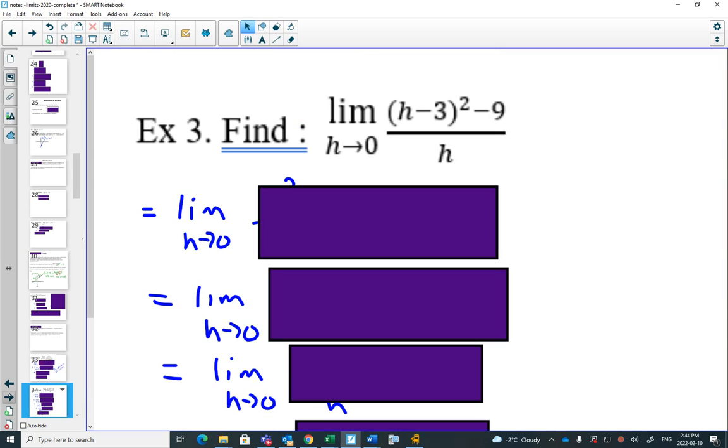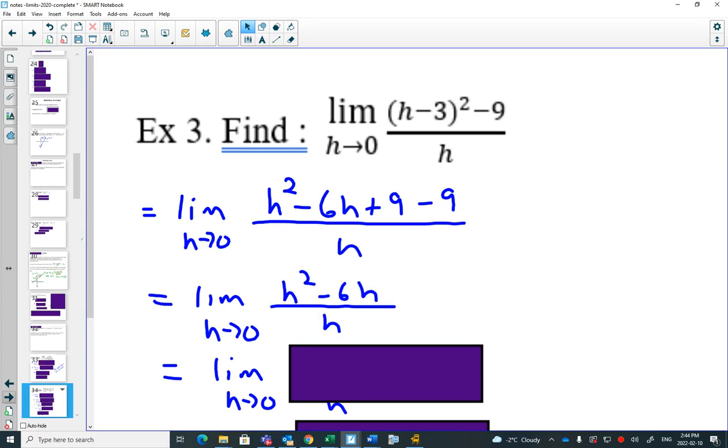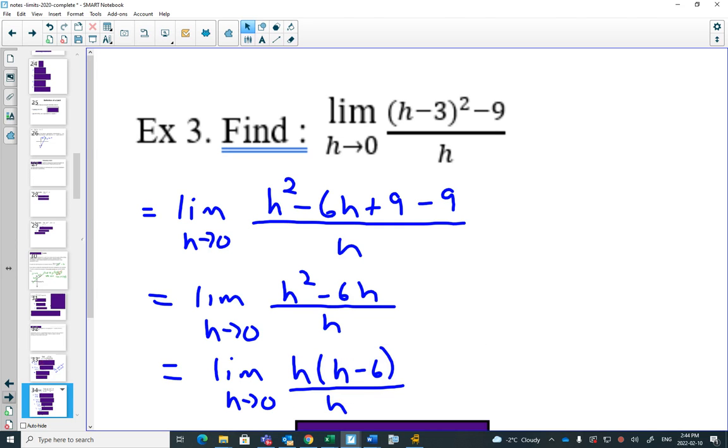I will put up the answer for the second one. Again, we want to do some algebra. So I multiplied this out, and my 9 and minus 9 nicely canceled, leaving me with an h squared minus 6h in the numerator. This is still 0 divided by 0. Our goal is to cancel out that h on the bottom. But now I can factor the top to be h times h minus 6, and my h's will cancel out,